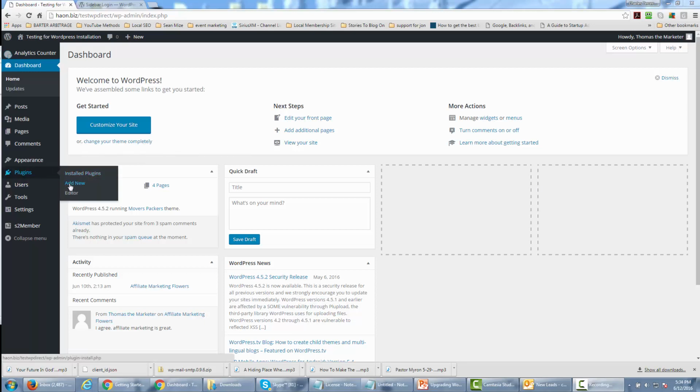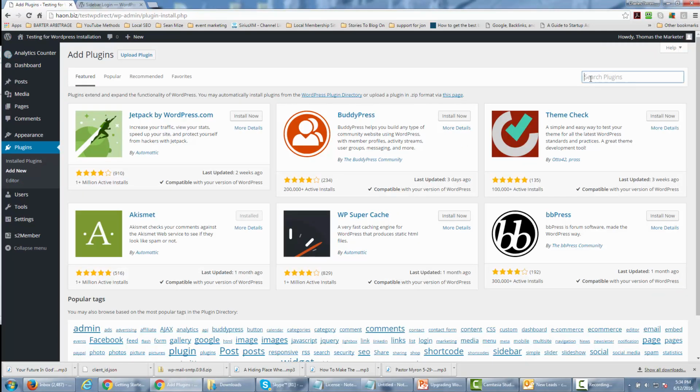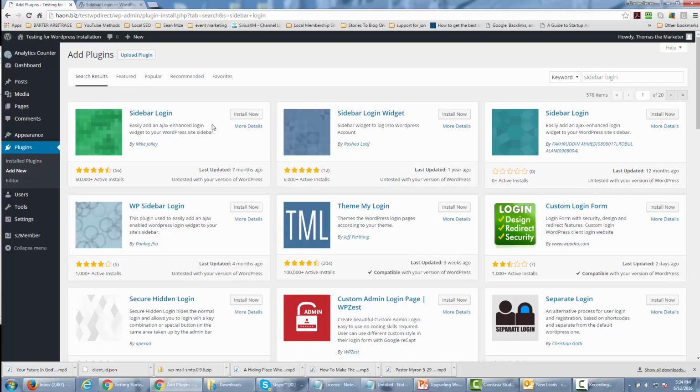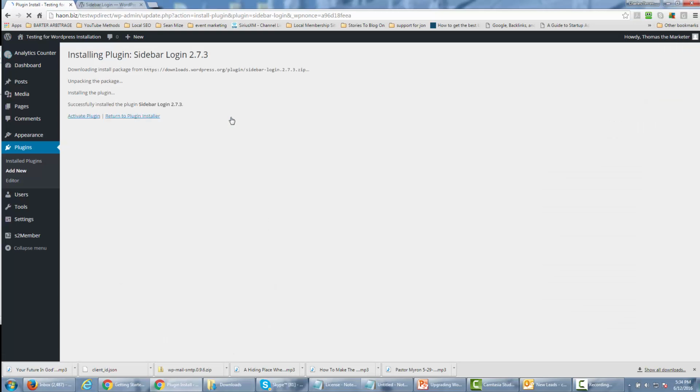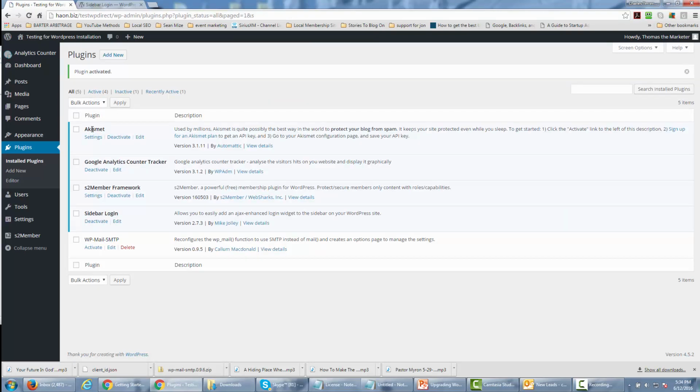And we're going to go to the Add New Plugins. And when we get there, we're going to type in Sidebar Login. We're going to hit Enter, and it's going to actually search. And you're going to see the Sidebar Login right here with the most installs, and you're just going to click Install. Once you've done that, you're going to click Activate. And then on every page that you have, you will actually have a place for your users to log in